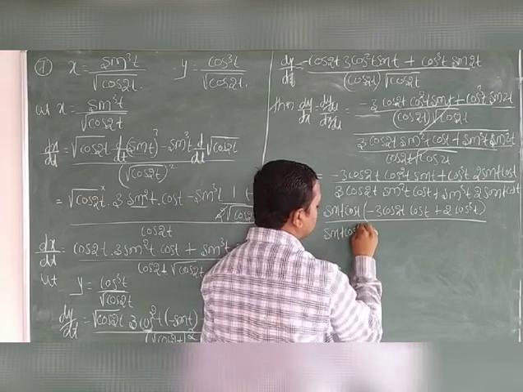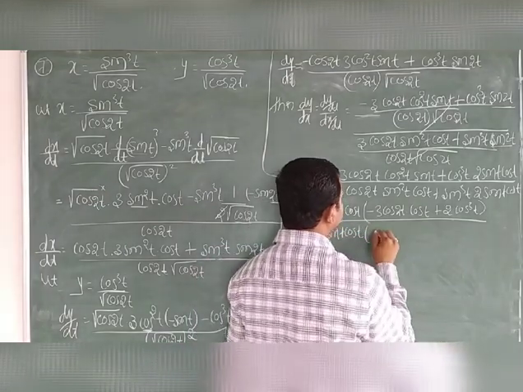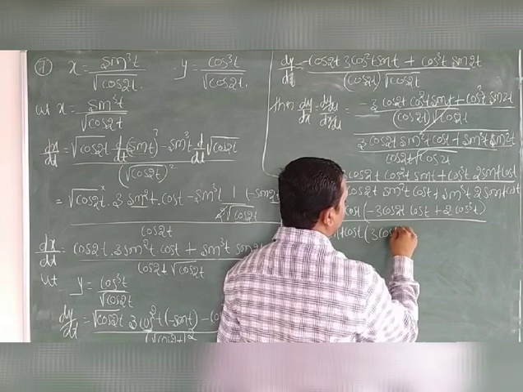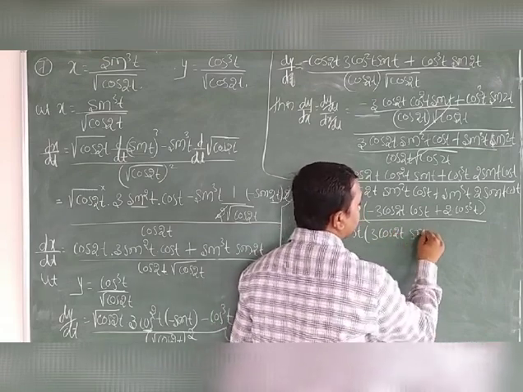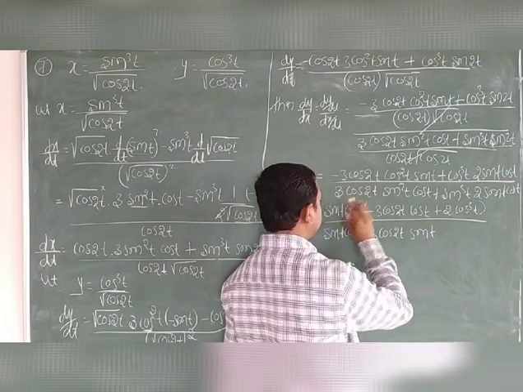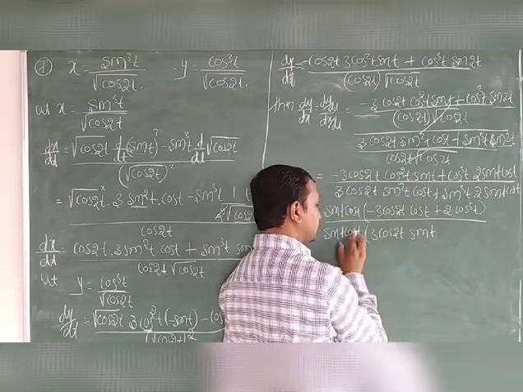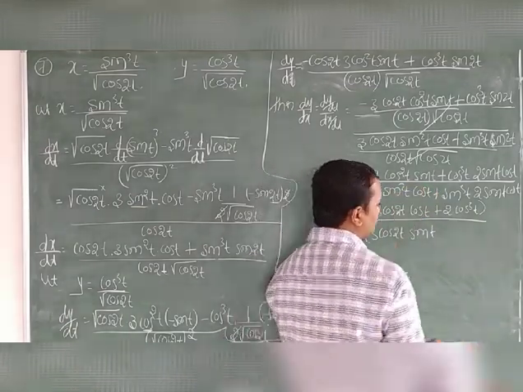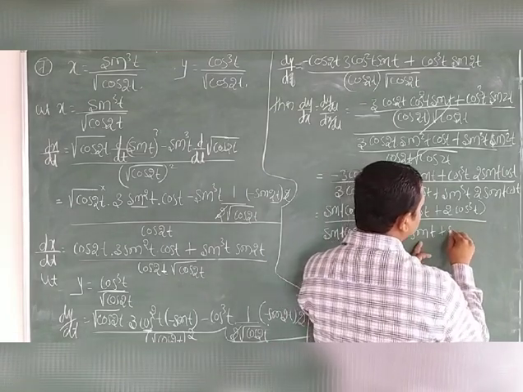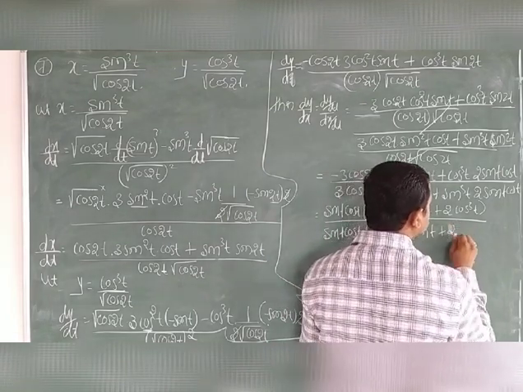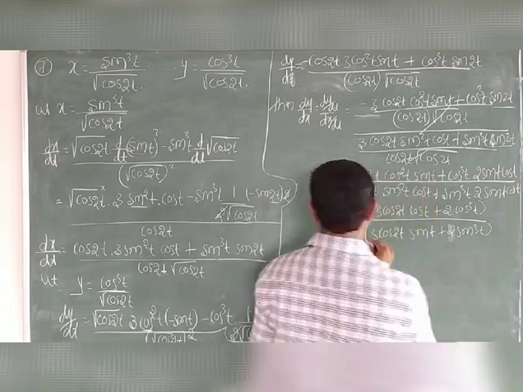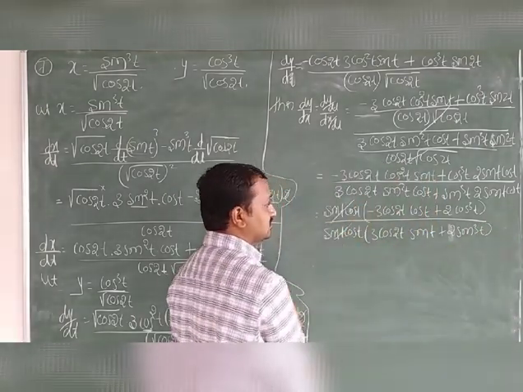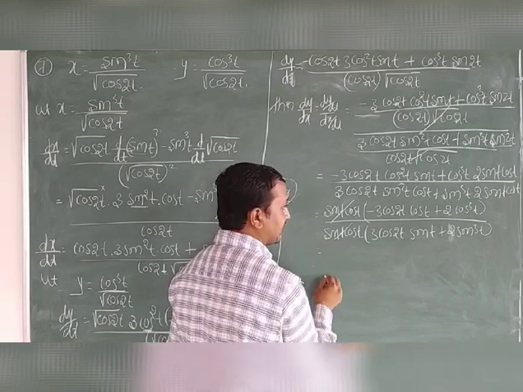Sin t into cos t. Okay, here also the same 3 cos 2t term remains and the sin t term, because cos t is taken common and from sin square t we take one sin common, remaining sin. Okay, plus 2 sin cube t. So here both terms get cancelled. That is equal to, I can write